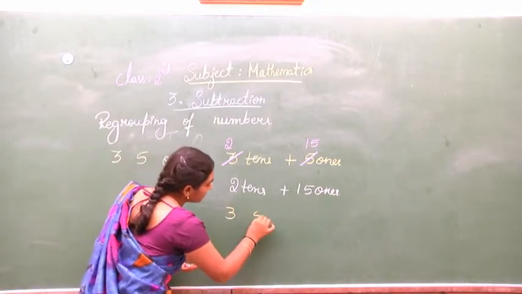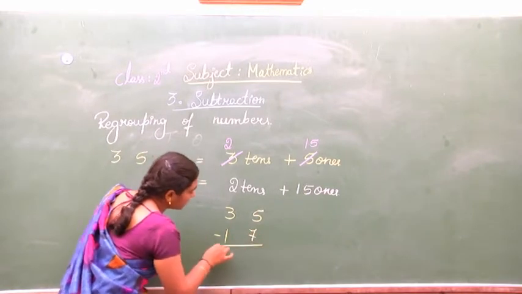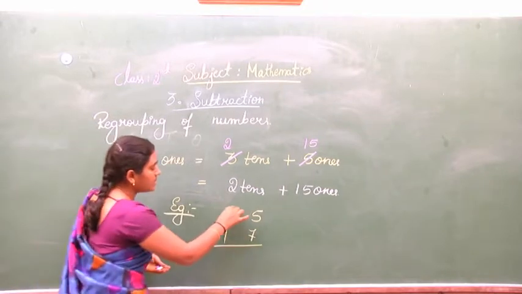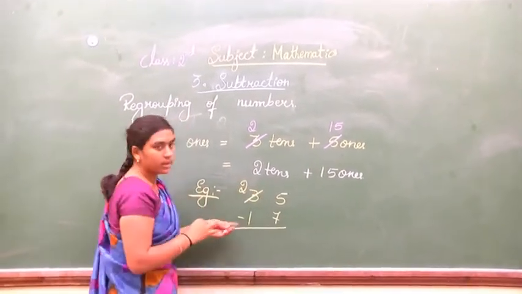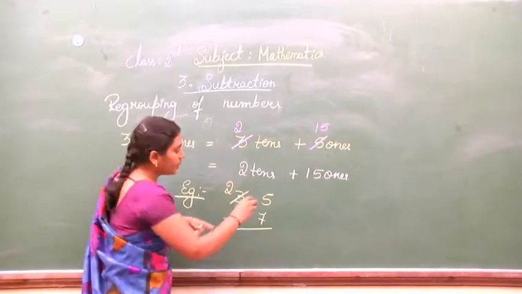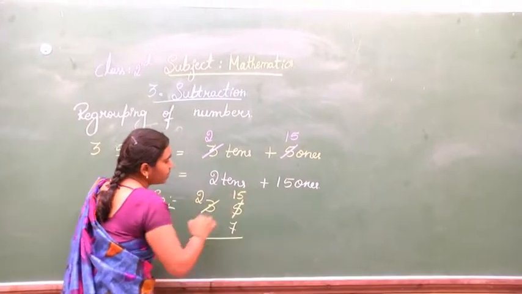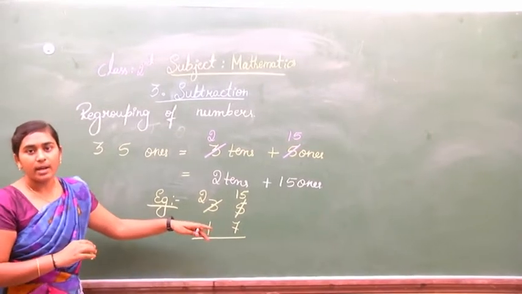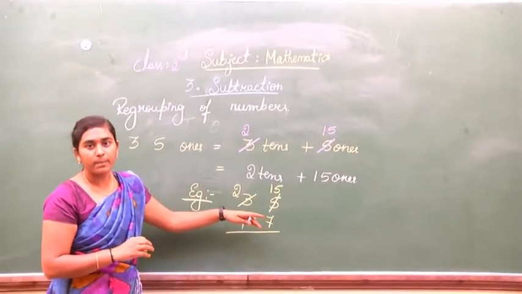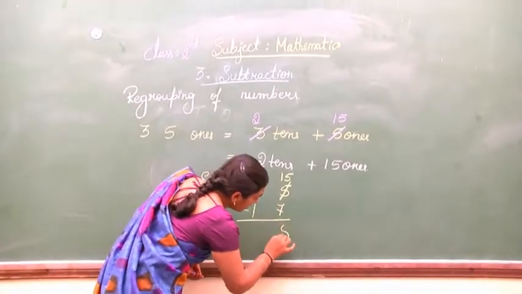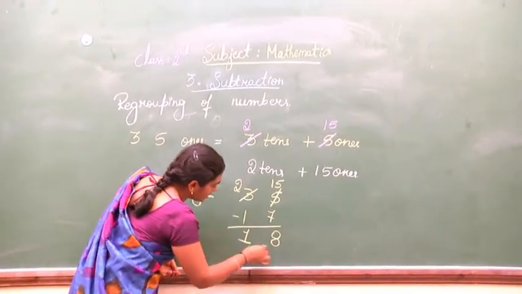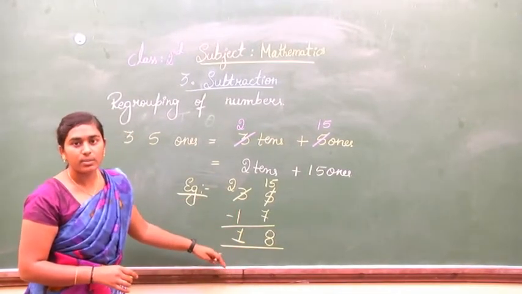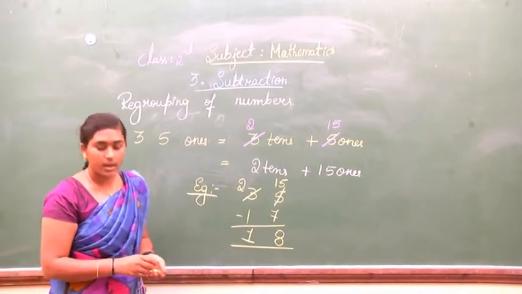Means we will write 35 minus 17. What we are doing, we are regrouping the tens and ones place. We will write 2 instead of 3. That means 10 we have shifted to the ones place. And 5 becomes 15 as we have done the regrouping. So now we can subtract 15 minus 7. How much will be 15 minus 7? We will be having 8 and 2 minus 1 is 1. Now 35 minus 17 is 18. Like this we are going to regroup so that we can solve the subtraction.